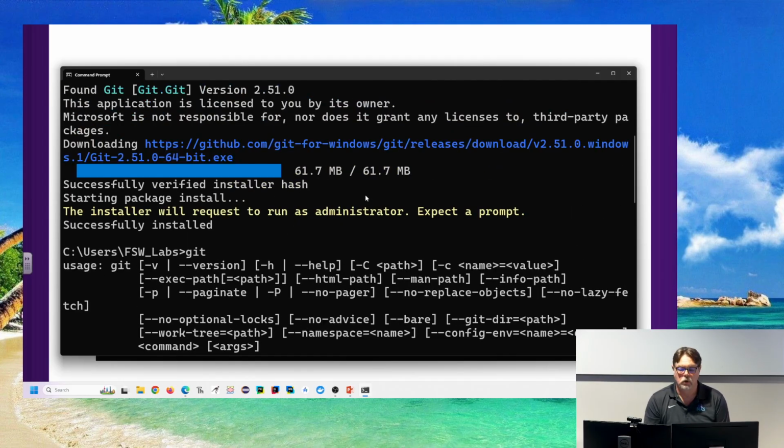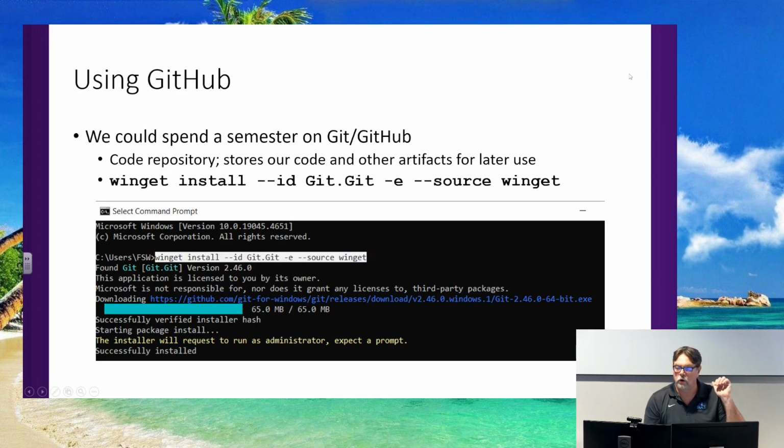Pretty nifty. Okay, so we learned that no, it isn't just installed in the path already for us. So if we want to use it here, we'll have to install the tools like this shows, and hopefully at the end you'll see successfully installed. Or in any event, if you're at home and you want to use git at home, you'll need to do this command on your computer there.